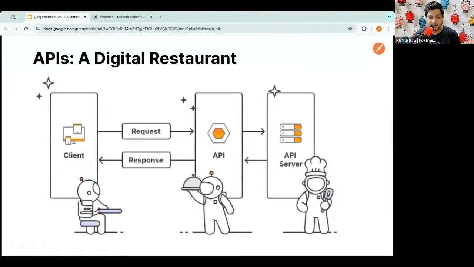So let's dive deeper into the technical aspects. You can see there's a client, there's an API, and then there's a server. The client will make a request to the API, and then the API will go to the server and ask the server to make that. In our case, if you request a biryani, the waiter will go to the chef and be like, hey, can you prepare one plate of biryani for our client? The server will do its magic, prepare the biryani,